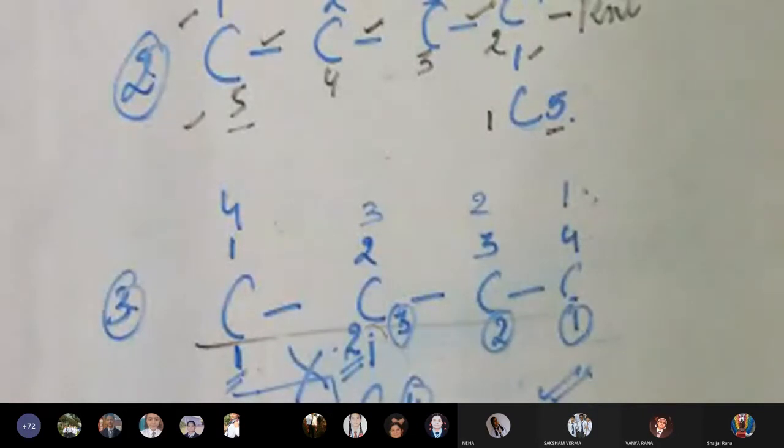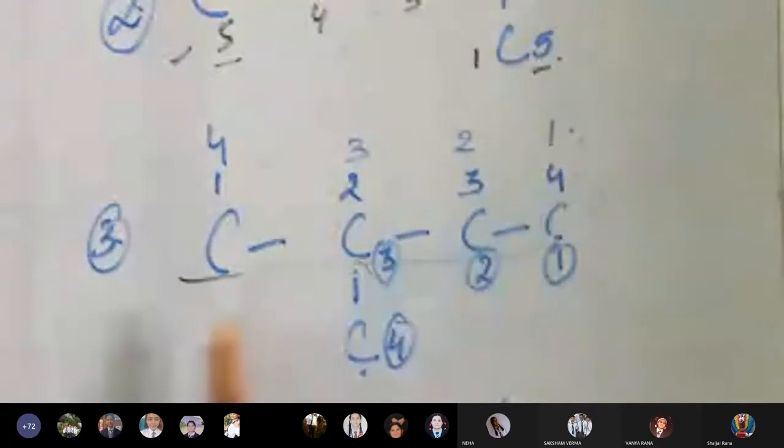I cannot select it. And if somebody is thinking I will just do it in one go and I will come to know this has to be selected as the carbon chain, no. When you start doing the naming, you have to find different possibilities, different variations of how numbering can be done. So you have to do this practically in rough work also. Then afterwards you have to select out of these which is the longest, that will become my root word, and out of these two, this is the longest one. This is also known, in some books, as the principal chain. Principal chain means the main chain which contains the longest carbon chain.